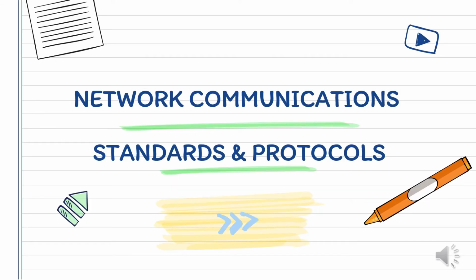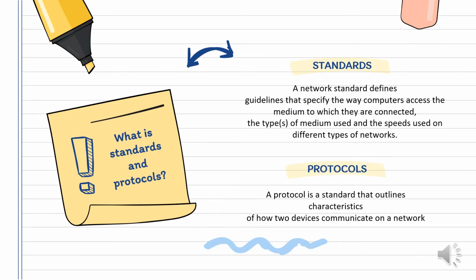Next, network communication standards and protocols. Next, Wi-Fi. Devices that have the appropriate wireless capability can communicate via radio waves with other devices using Wi-Fi. Sometimes it is referred to as wireless Ethernet because it uses techniques similar to the Ethernet standard. In open or outdoor areas free from interference, the computers or devices should be within 300 feet of a wireless access point or hotspot. Meanwhile, in closed areas, the wireless network range is about 100 feet.